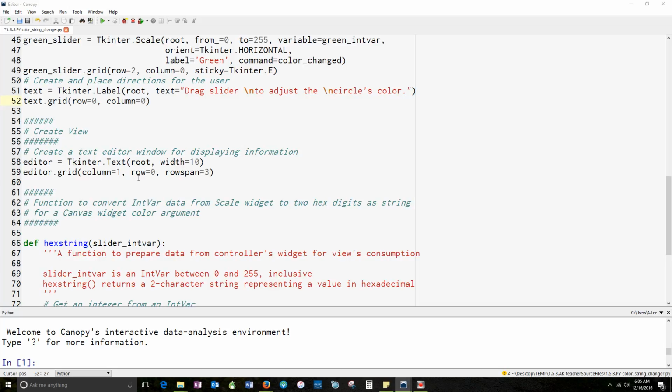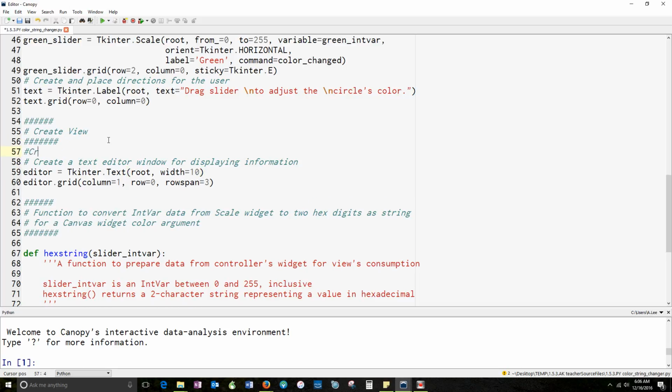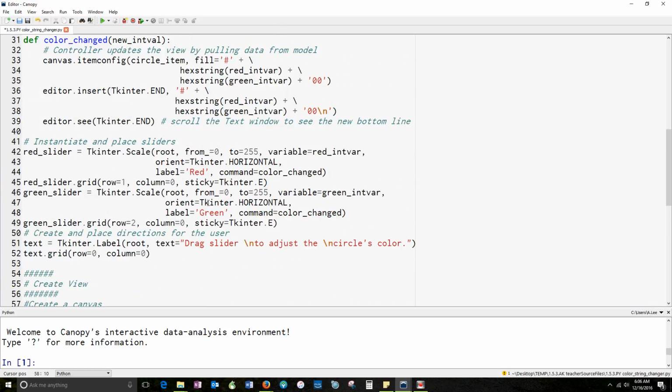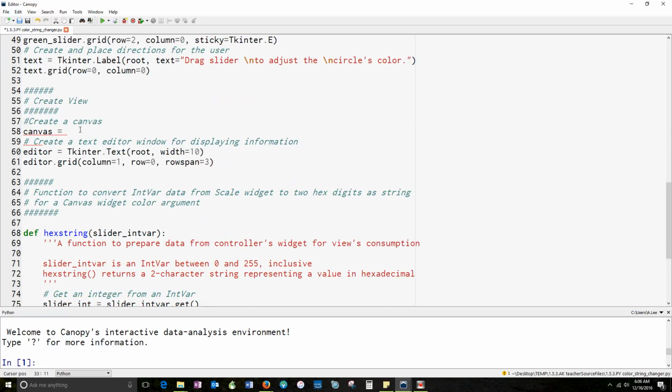Now we've already got our editor right here, but what we don't have is the creation. Here, where it says create the view, we haven't actually created a circle on the canvas, and we also haven't created the canvas. So let me explain what I'm doing here. Canvas, and you could call your canvas whatever you want, but it's easiest if you just call it canvas, and I use that object up here, so I'm going to call it canvas equals